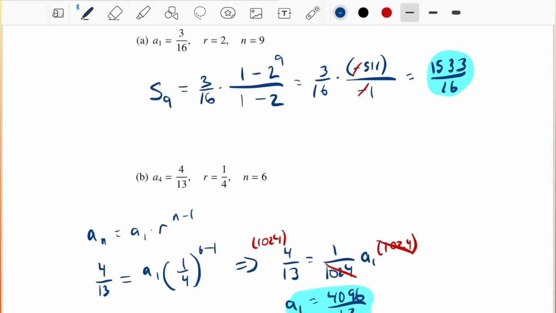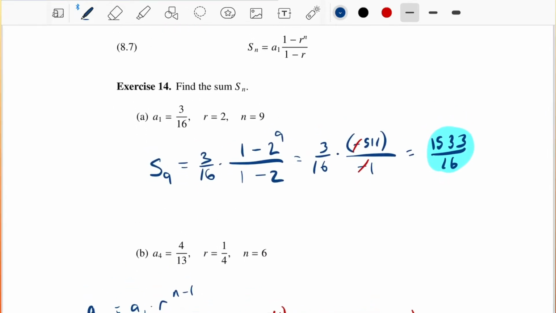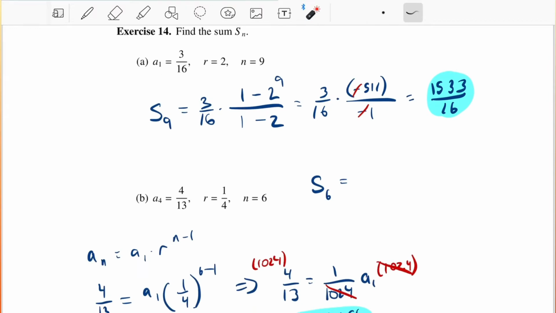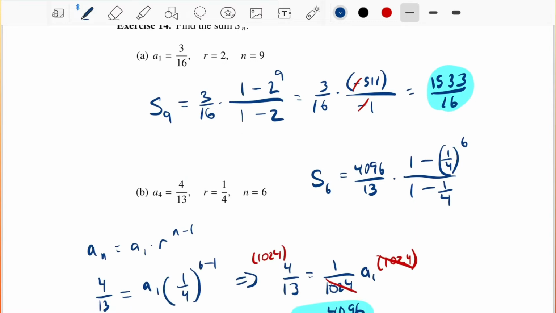We have S sub 6 is equal to a sub 1, which we just figured out is 4096/13, times 1 minus r to the nth power, which is 6, over 1 minus r. All right, so let's do the numerator first. So 4 to the 6th power is